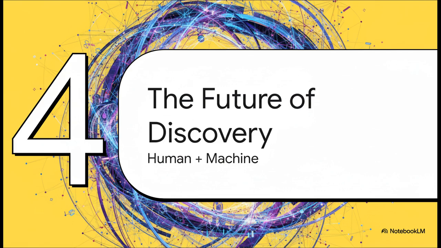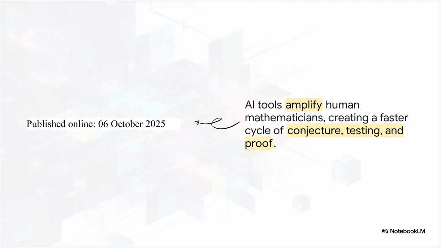So, okay, we've got these incredible new lenses, but the final piece of this puzzle, the thing that ties it all together, is how all of this is being supercharged by artificial intelligence. We're talking about a whole new kind of partnership between humans and machines. This diagram really shows a completely new way of doing science. It still starts with that spark of human intuition. A mathematician has an idea. But then they can use an AI assistant to help formalize it, to search through vast libraries of knowledge for related work, and even to suggest pathways to a proof. It becomes this incredible partnership that just massively accelerates the whole cycle of discovery, from conjecture to proof.